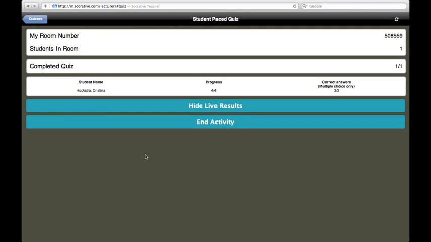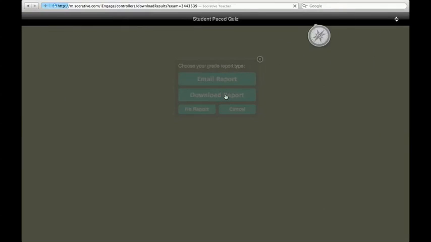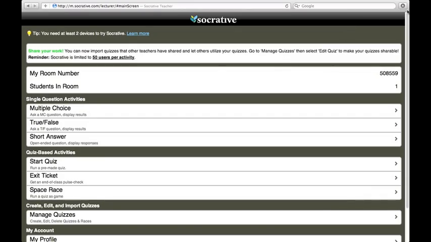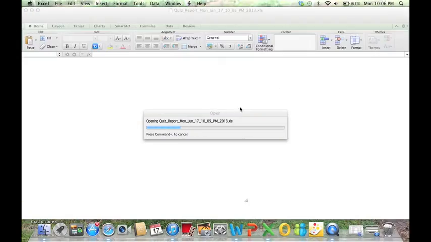Once the students are done taking their quiz, you can push End Activity. And here, if you'd like to see a report, you can push Download Report. It will be downloaded to your computer, where you can then open it